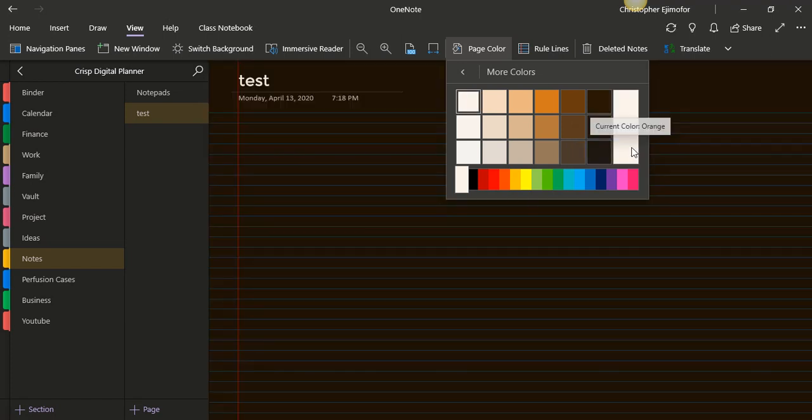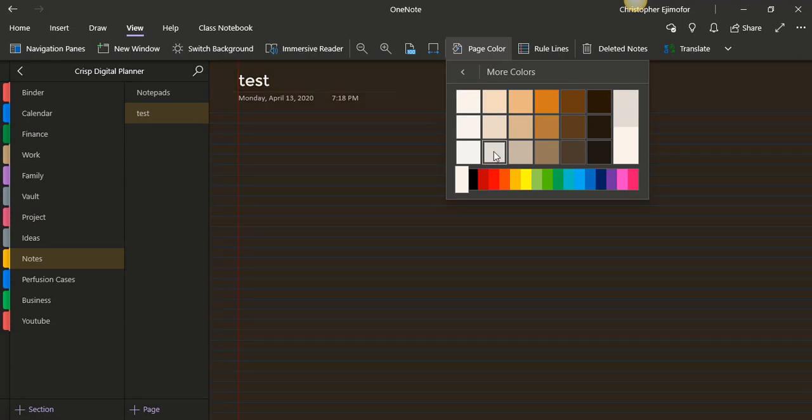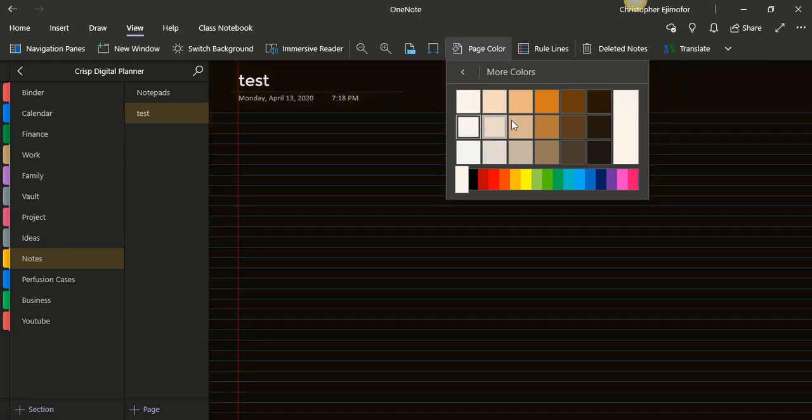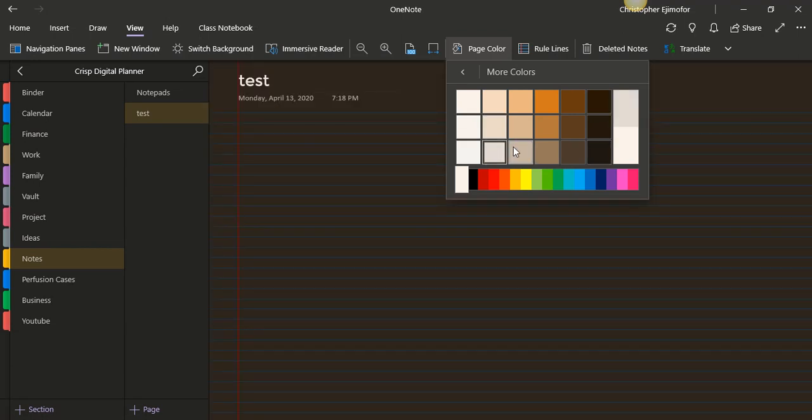See that? So this is how you change your grid colors. Okay, that's how you change it. All right, so the next thing we want to do, we're going to see how we can change